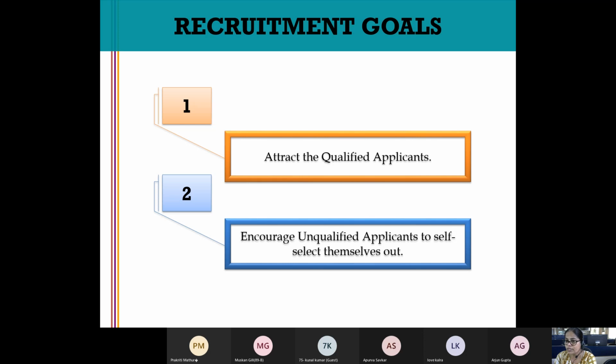So if I have to select management trainees, where would they be? They would be in the college campus itself, right? If I give the advertisement in the general newspaper, I may not get management trainees. And that's why my choice becomes college campus recruitment only. So sourcing is a very important goal for recruitment.